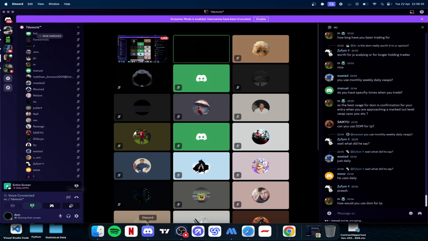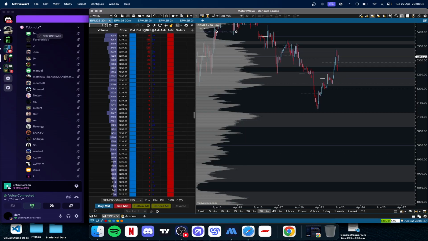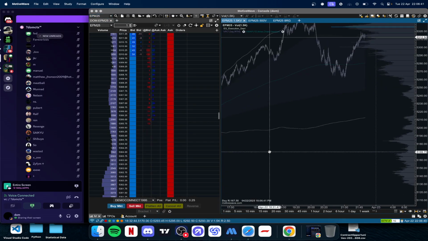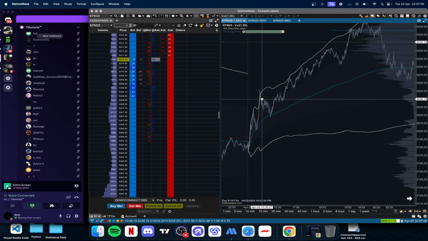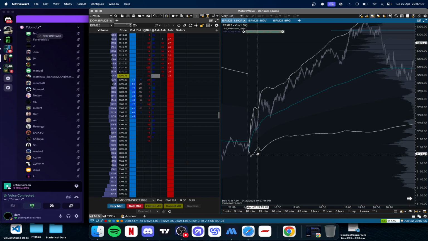How would you use DOM for TP? Right. Now it depends if you're letting a trade run, or if you've got an area where you would like to take a TP, right? Now, if you're letting the trade run, then in that case, you're gonna have to be watching the DOM while the trade is running. If you've got an area where you would like to take TP, but there isn't any reason to take TP and you can clearly see on the DOM that it has potential to go more,